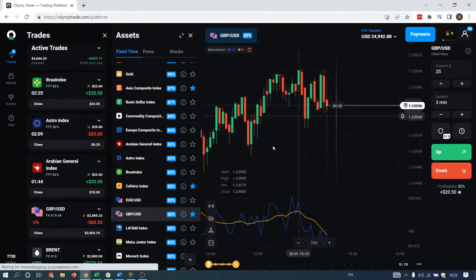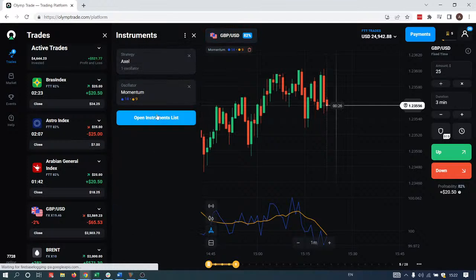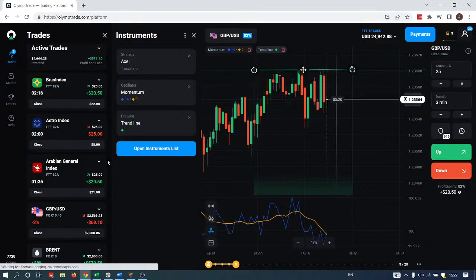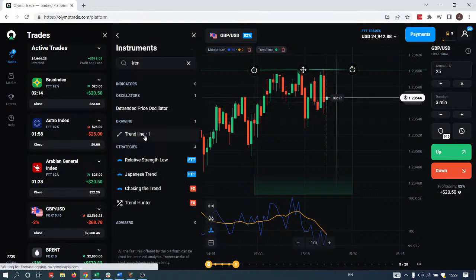And so yeah, let me do some drawing for you. I like to draw these trend lines because they help me identify the current sentiment as well. Because once the price breaks